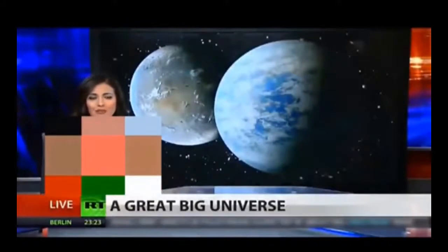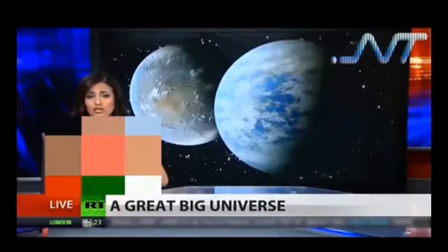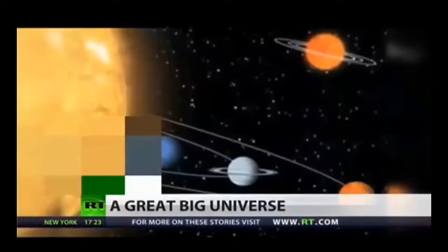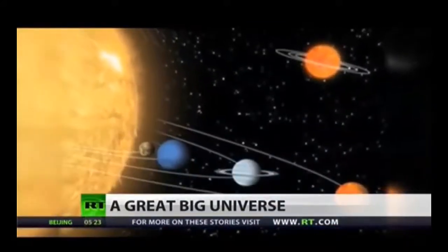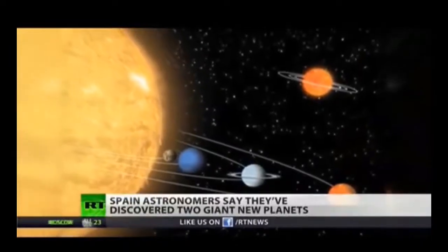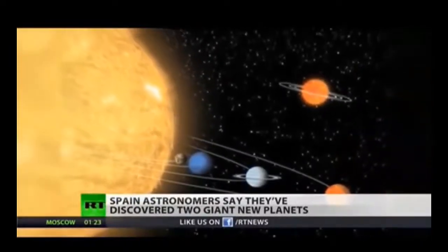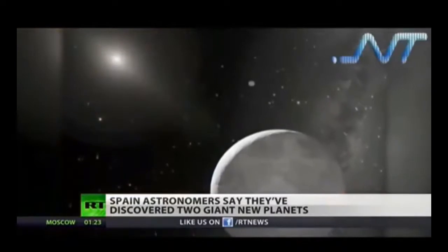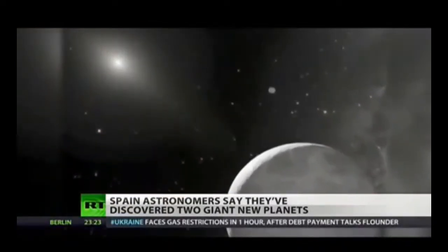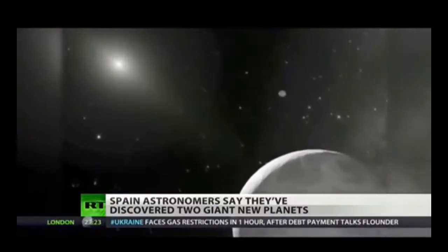Pluto, the sometimes planet, may be hiding a pretty huge secret. Well, 2 huge secrets, actually. Astronomers in Spain believe that hiding behind Pluto, obscured from our view, are 2 additional giant planets. Spanish scientists in Madrid discovered the potential for the 2 massive celestial bodies at the outer reaches of our solar system after studying strange patterns in the orbit of rocky objects around Pluto, including the newly discovered dwarf planet 2012